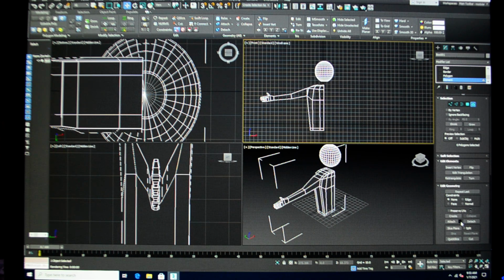Now, some people like to do this with all their different parts. They like to create them and then bring them together. You may sometimes have issues later on with rigging if you do it that way. Sometimes. So it's up to you. You can create everything from a single box or a single cylinder or a single sphere and adapt it that way, or you can add your parts and pieces together to create one object. Okay, so that's the gist of it. That's the basics. We could turn this into a very complicated model,